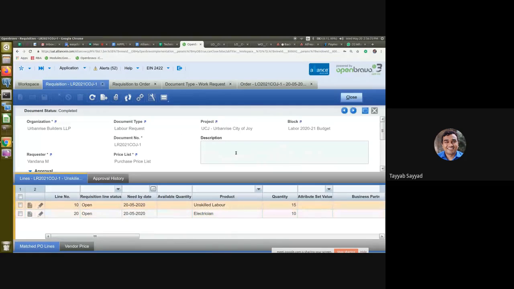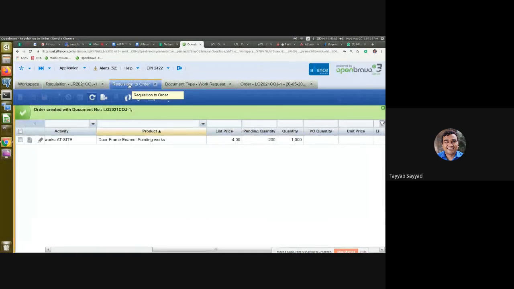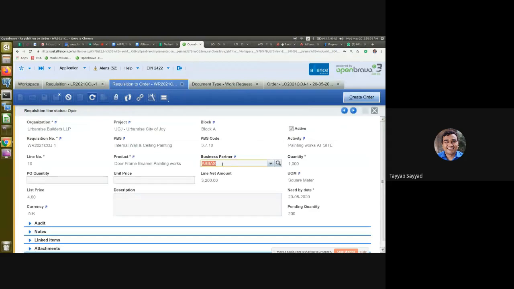I sent this requisition for approval, got it approved, and then went to the requisition to order screen to create the work order. In this, I selected the vendor, added the quantity, and added the unit price.